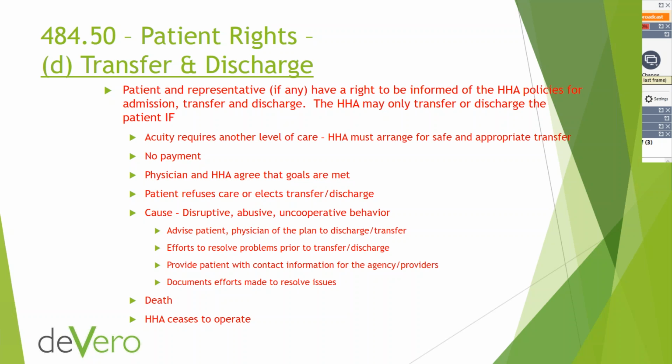The patient or representative, if any, has a right to be informed by the home health agency of policies on admission, transfer, and discharge. The home health agency may only transfer or discharge the patient if, and these are the items from the COP, the acuity requires another level of care. Home health agencies must arrange a safe and appropriate transfer if the patient needs a service that they're no longer able to provide. If there is no payment, you can discharge the patient, but